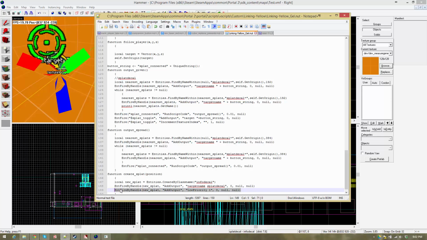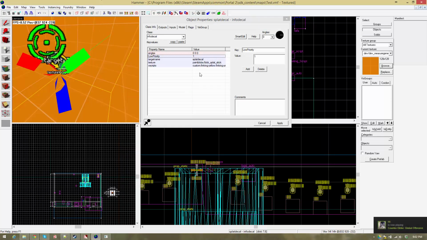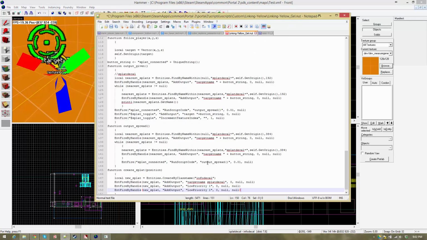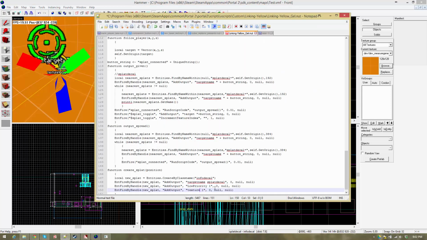And let's copy this all again. What else needs to be in here? Okay, target name, we already have that. Angles, not important at all. Texture, that's very important. Texture. Okay. Ooh, I pressed Control T. Not sure what that did. Control V. Okay, and then the 1 will be all of this. Okay, grab that. Okay, and